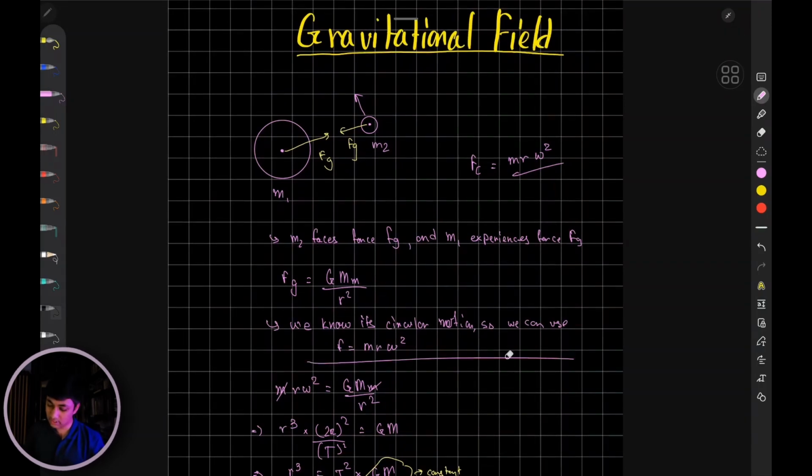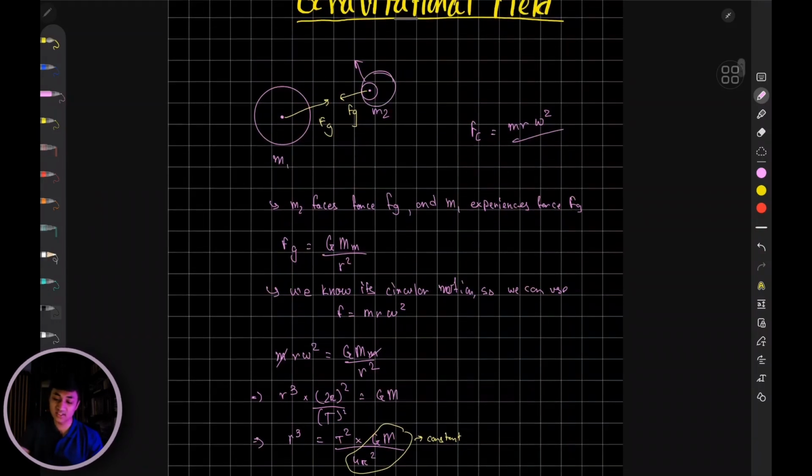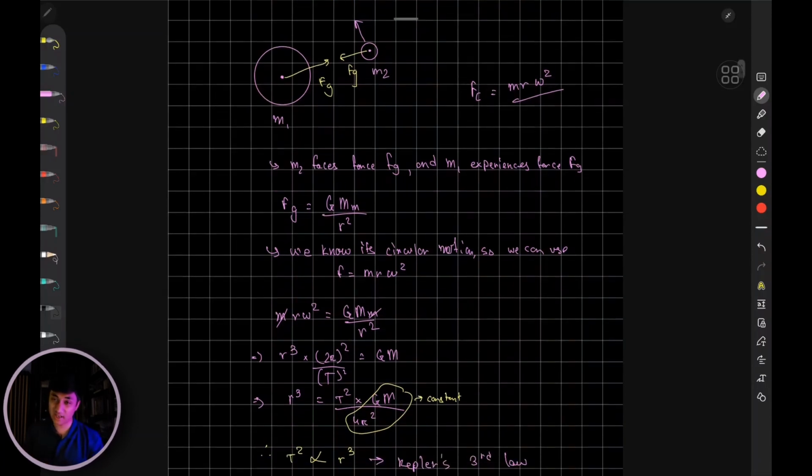We also know the circular motion's centripetal force. So we can equate both of these together, that is m r omega squared. m is the mass of the object that is orbiting. In our case, if you consider this to be the moon, the mass of the moon. So m r omega squared, mass of moon, times the separation between the center of both the objects, and omega squared is the